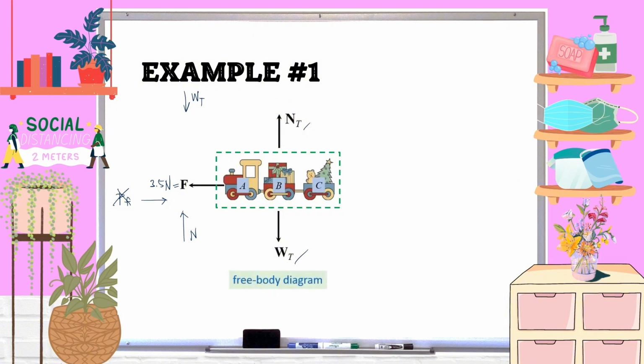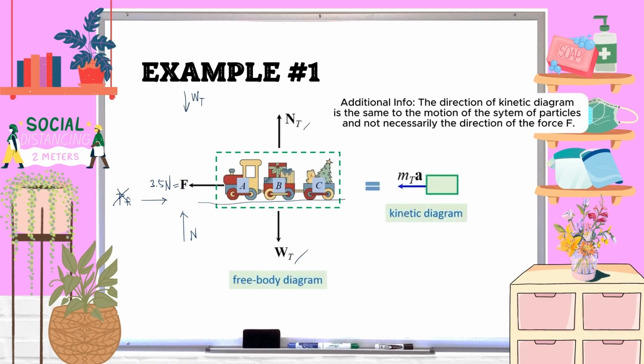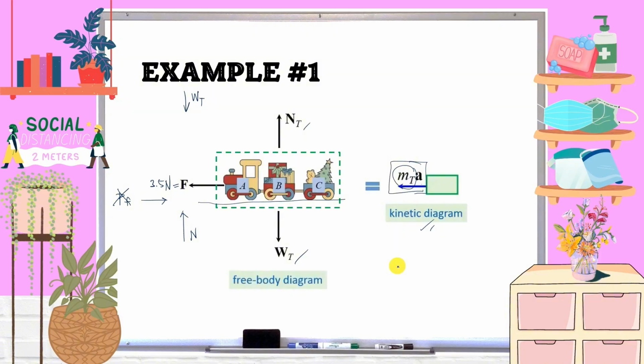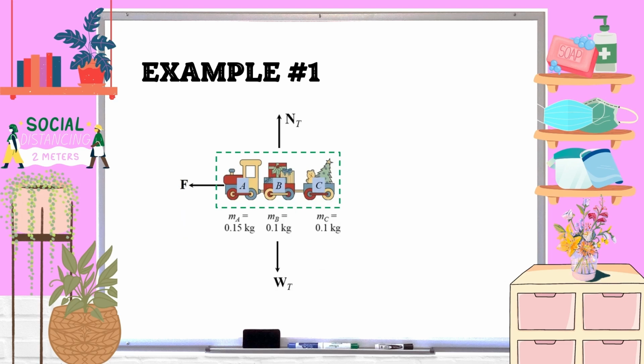And based on this horizontal force F, the ground is a smooth surface since it doesn't have a frictional force. Therefore, the kinetic diagram based on the inertia force will have total mass times acceleration. So that is step 3. Sometimes step 1 is skipped since we can change the coordinate according to the motion of the object, so we easily solve the problem. Therefore, instead of right and upward positive, we will use a coordinate system of left and upward positive. So that will be our solution process.